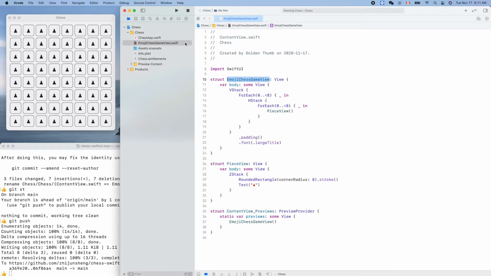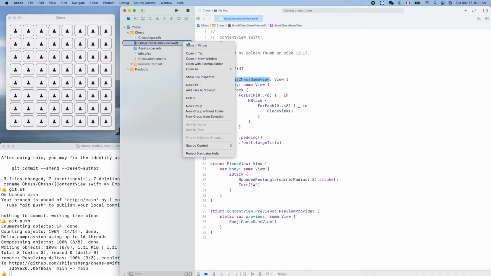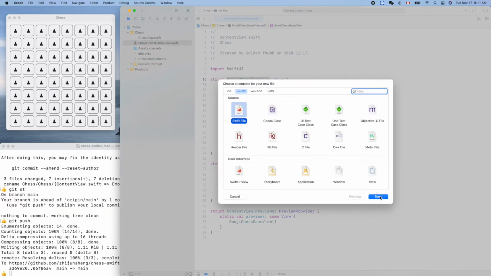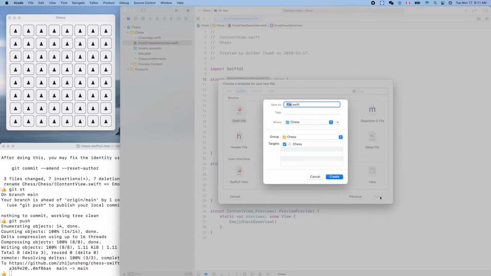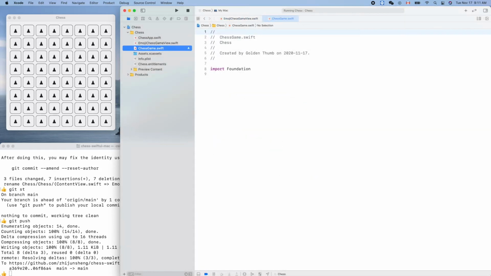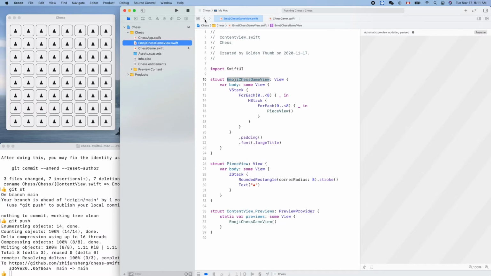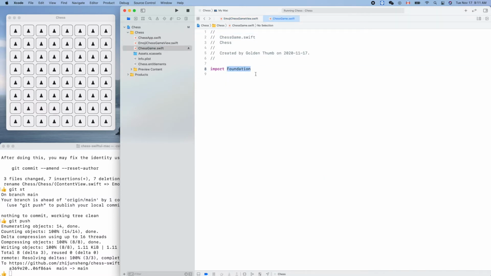Let's create our model stuff. So right click somewhere here, it doesn't matter, new Swift file. Okay, so that is our ChessGame. This is the model part. It's independent of the view thing. So we don't import SwiftUI like this guy; we import Foundation, which has nothing to do with any UI stuff. So struct